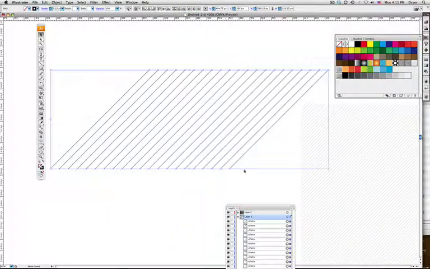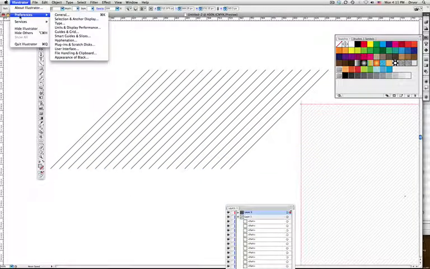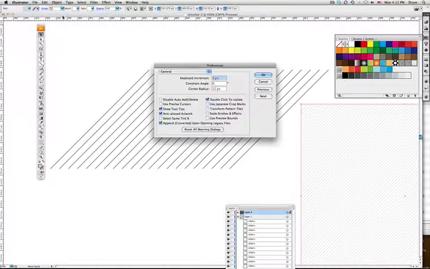Now the other thing that you can do, and I think this will work, you can go to the Illustrator Preferences and go to General. And right now